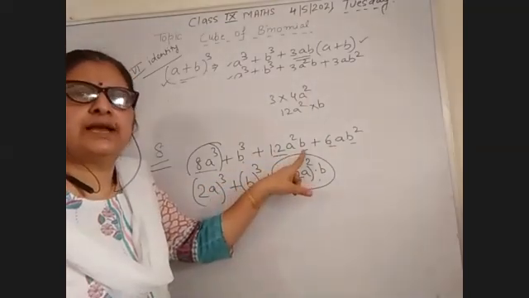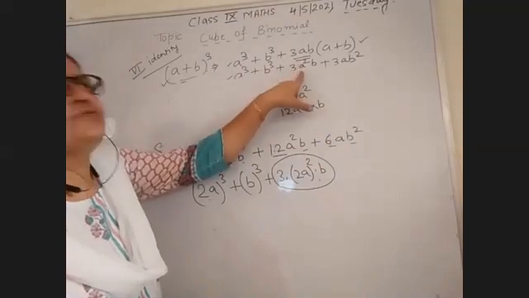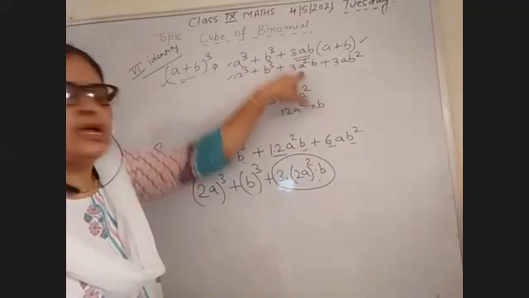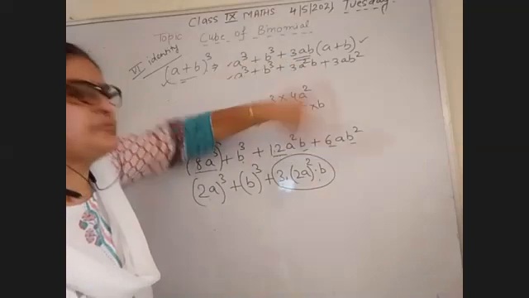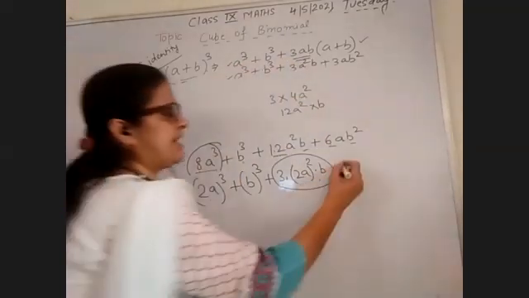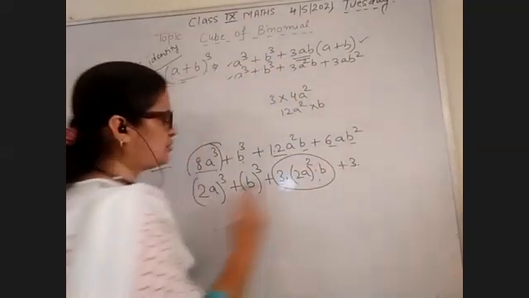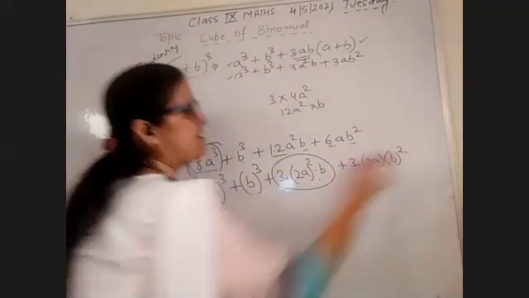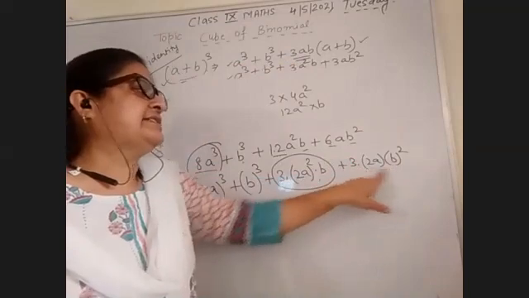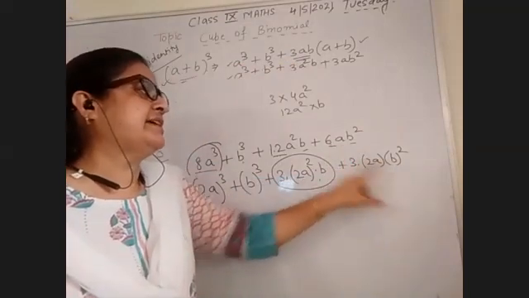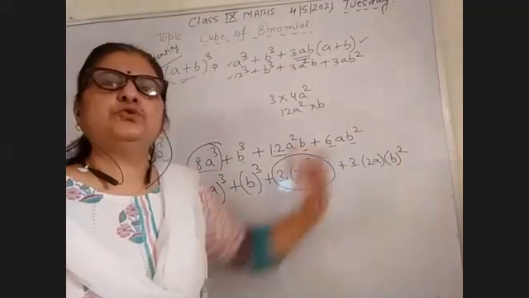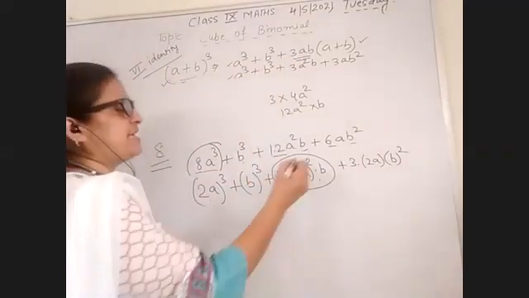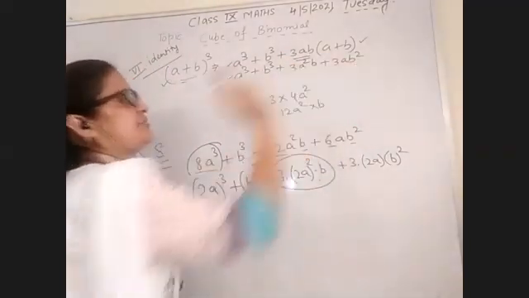Now you can write this question this way also, 3a square b. You can expand and write this question in this way also, and plus 3 into a is given 2a and b is given b square. When you multiply these three numbers, 3 twos are 6a and b square is equal to b square. First you will expand this question this way also.